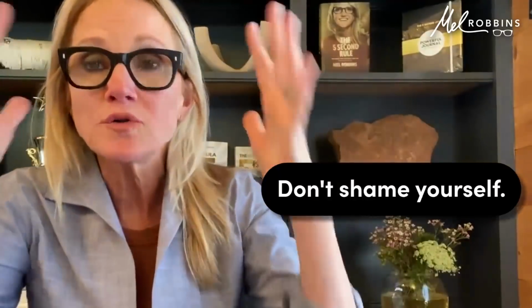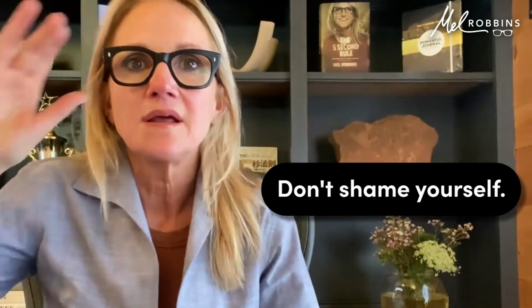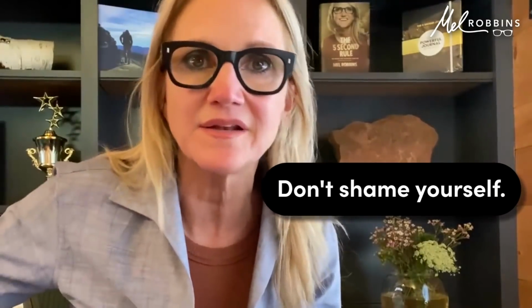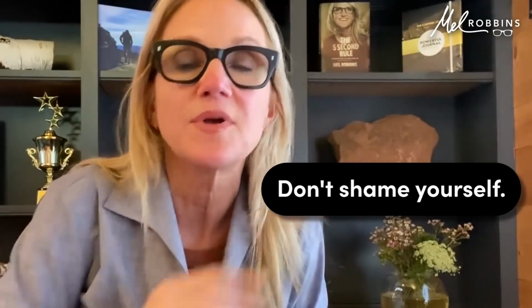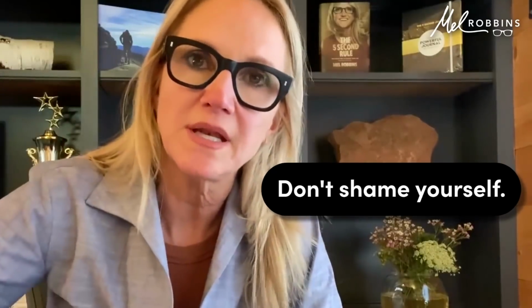Why can't it just be body positivity? Don't shame yourself. What's done is done. Period. If you had known this was going to be an issue, you wouldn't have done it. So don't beat yourself up, okay? Just stop. Now you've got to empower yourself, though, because if you found the money to put them in, trust